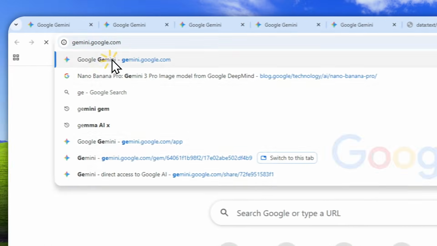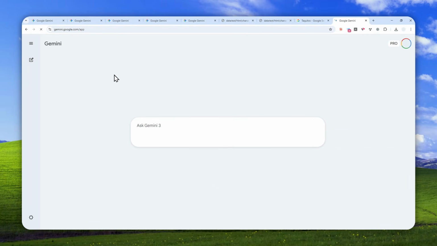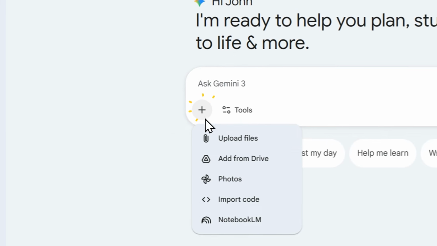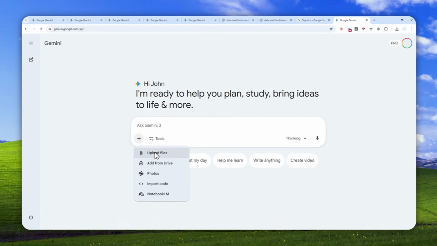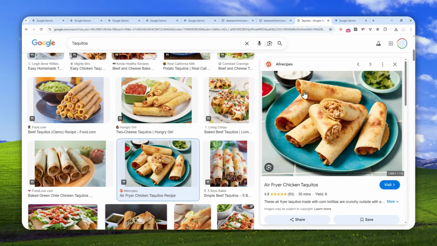First, let's open Gemini, and here I'm just using the desktop version, but you can also use the Gemini app on your phone to create the picture. And after that, you can click the plus button, click upload files, and you can select the product photo that you want to process. Now in this case, for this example, I'll use a picture of the taquitos, and I